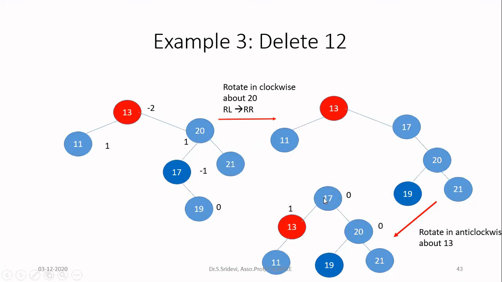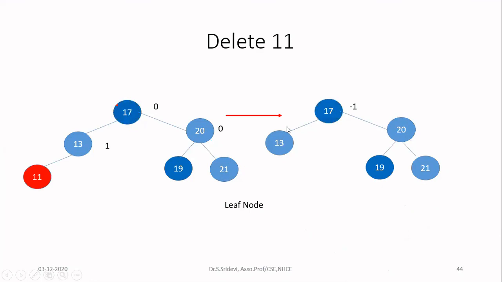Now in the new subtree, suppose this 17 here is not having any left child. If it is having any left child, that should be connected as a right child for this 13. But now there is no left child, so simply we are leaving it as such. Now both the rotations are over. So you calculate the balance factor of all the nodes again. Now all are having value either 0 or 1, so it is allowed. So now let us go and delete the next node.